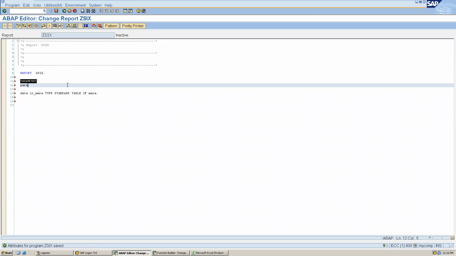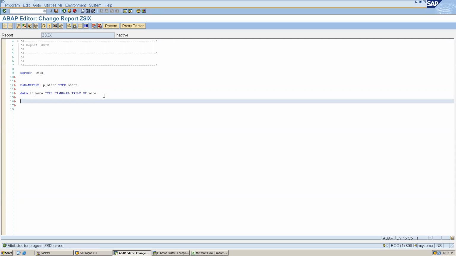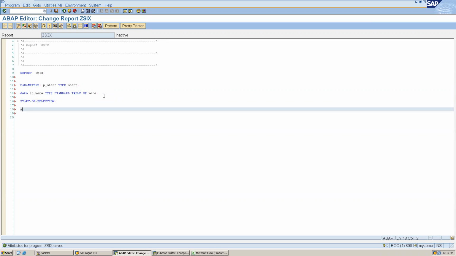Okay, in the parameter in selection screen, let's have p_mtart type, and here let's start of selection and select star from Mara into table IT_Mara where mtart equals to p_mtart.